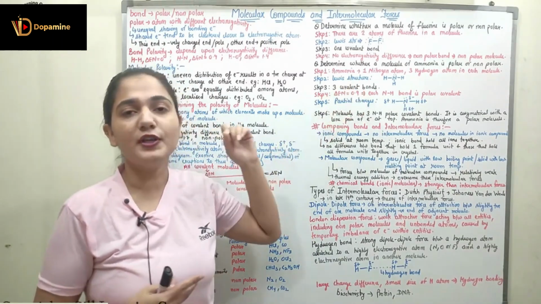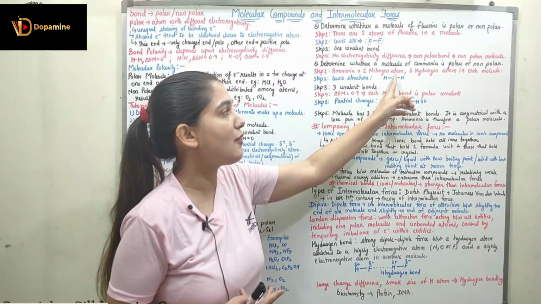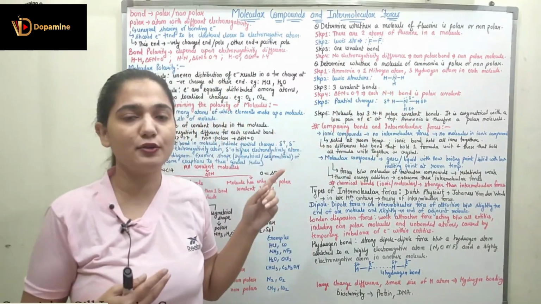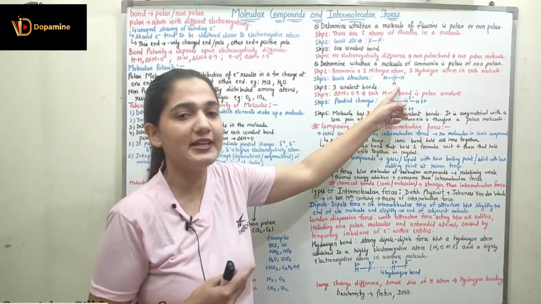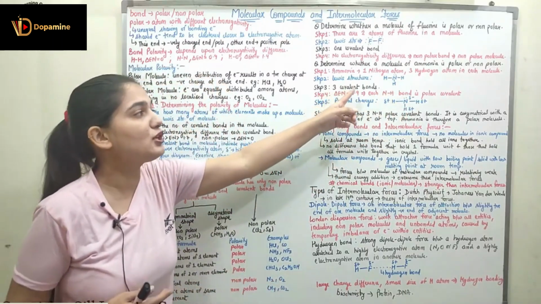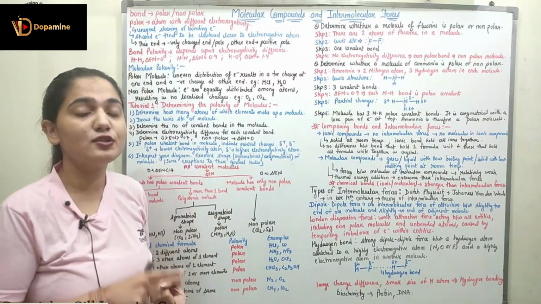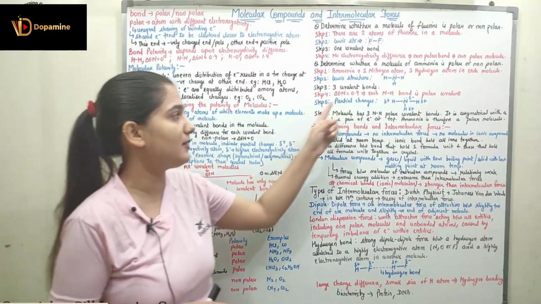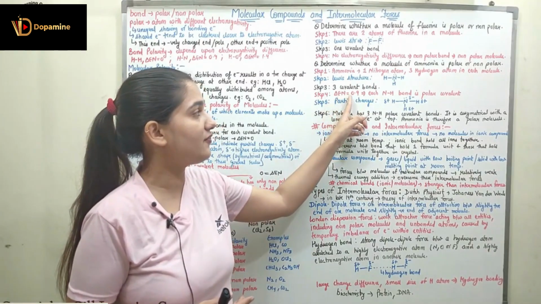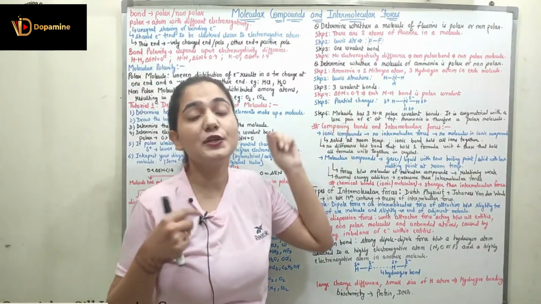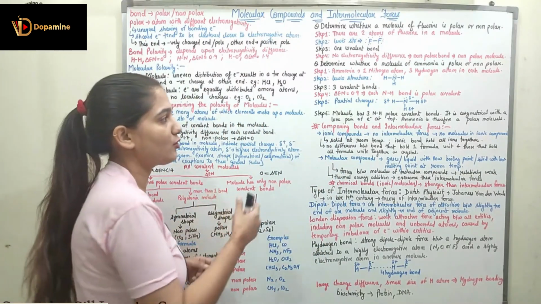Step 2 is to draw the Lewis structure. In the Lewis structure we have a structure like this, where we have 1 lone pair of electrons on the nitrogen and 3 hydrogens are combined by sharing of the electrons. So here we have 3 covalent bonds, and now we know the electronegativity difference of nitrogen and hydrogen is in between 0 and 1.7. The electronegativity difference is 0.9, so it's a polar covalent bond. Each of the N-H bonds is a polar covalent bond.